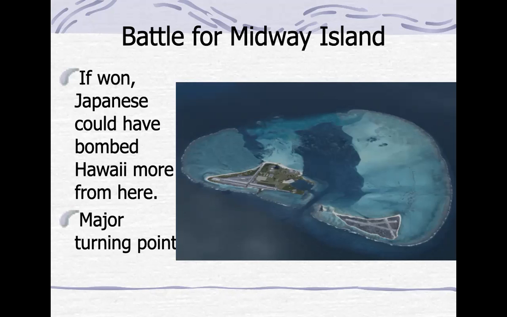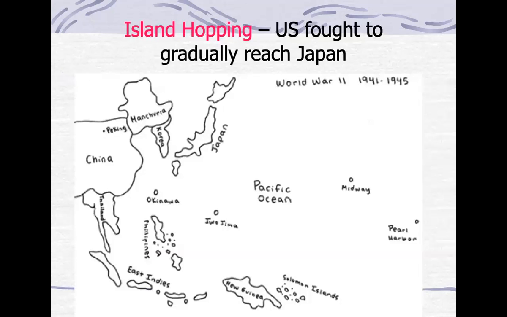There's actually two airstrips, which would have made it a great spot for them to land their planes and fuel their bombers. But yeah, so we're now going to look at island hopping. So the U.S. fought gradually to reach Japan. So this is a good little